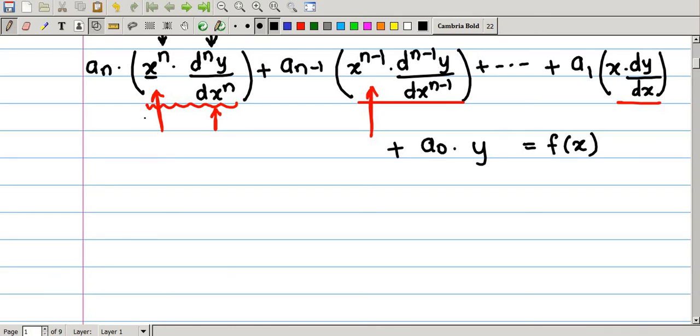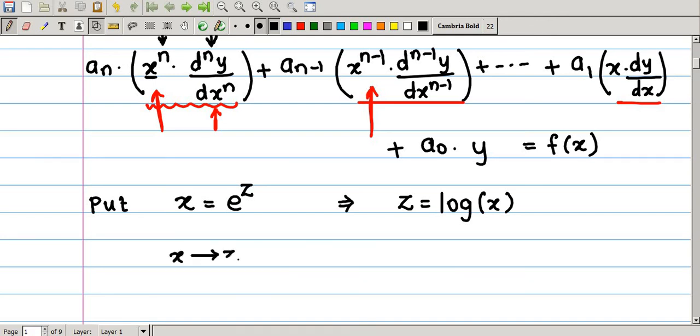Now to solve this Cauchy's differential equation, the general method of solving is to convert this variable coefficient form into constant coefficient form by using a substitution. So we substitute the variable x is equal to e raised to z. So z is nothing but log x. By using this substitution, we have defined x in terms of z, but y is the dependent variable which depends on x. So this implies y can be defined in terms of z.